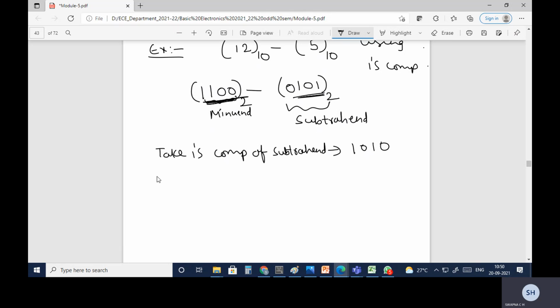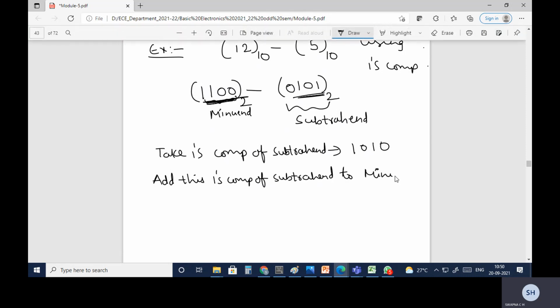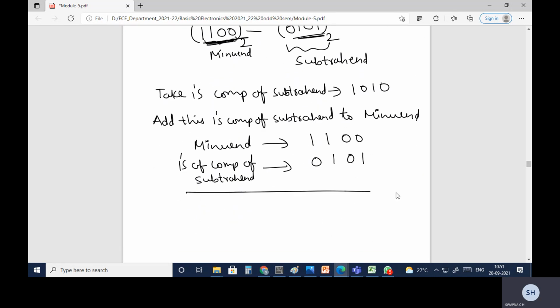Now I need to add this to the minuend. The minuend is 1100, and the 1's complement of the subtrahend is 1010.